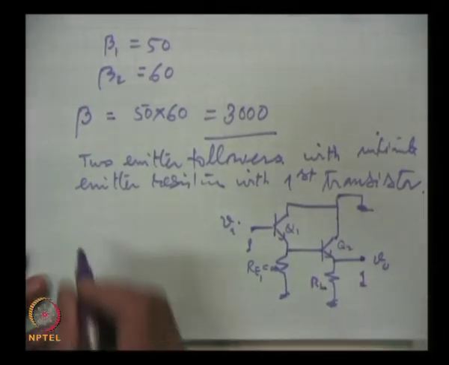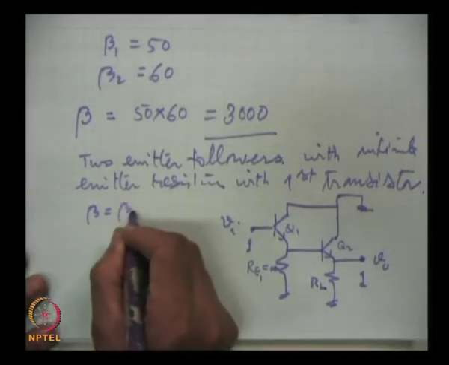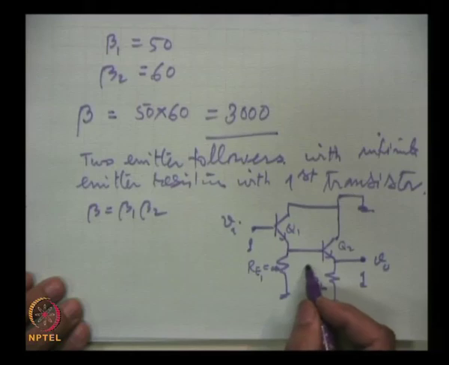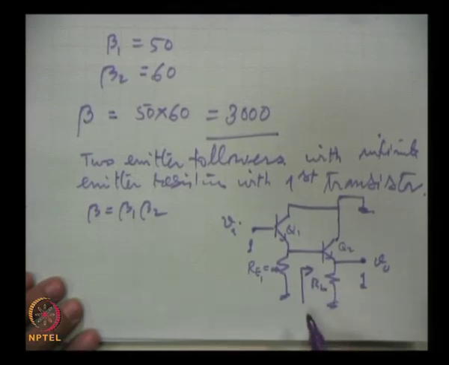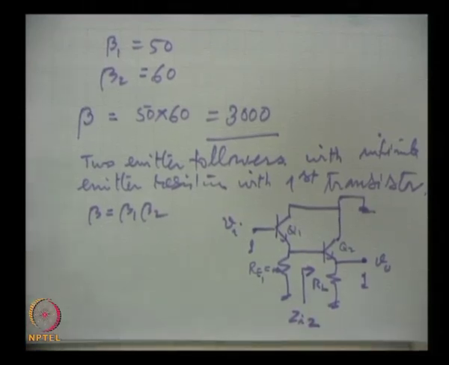Then since beta is beta 1 by beta 2, now see here there is another advantage, gain, current gain of the Darlington pair is very high, so is the input impedance. What is the impedance here? Impedance here, that is ZI at the second stage. You remember the fundamental thumb rules that for a